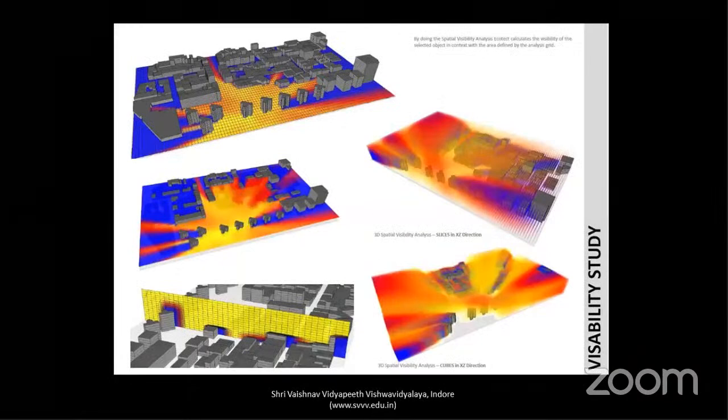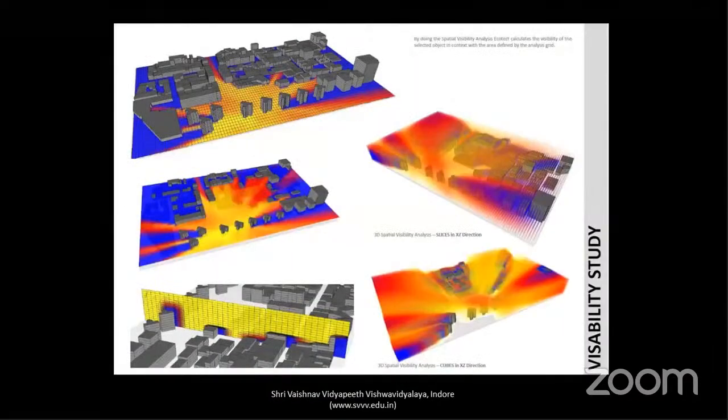And on the city level planning, it is amazing. You can actually calculate the pedestrian movements from the metro station, for example, if you're designing a metro station: how much will be the vicinity, the spatial movement throughout that particular building, by doing spatial visibility analysis. All right, these calculate the visibility of the object with the context.